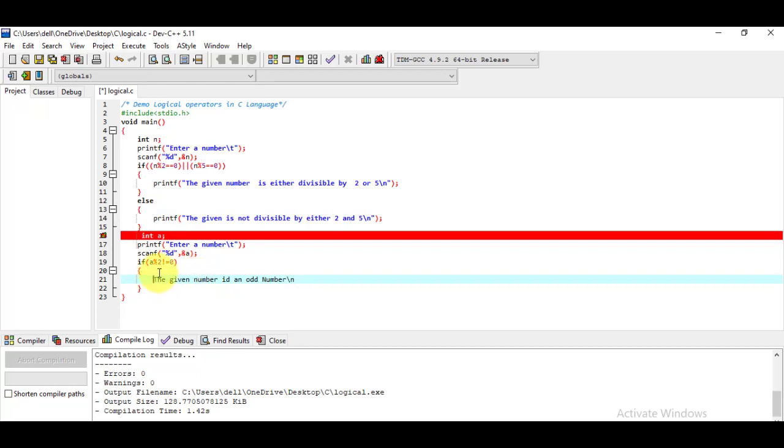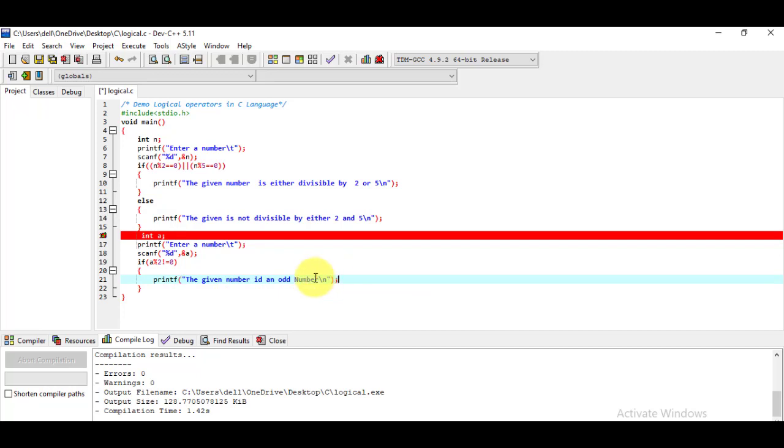Oh, sorry, this has to be written within the print function. So here I write printf and paste it, then \n and at the end put the semicolon.